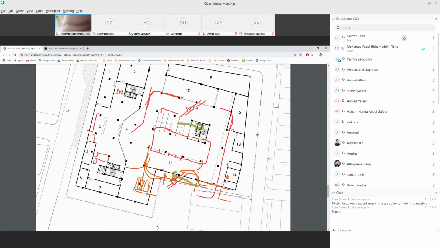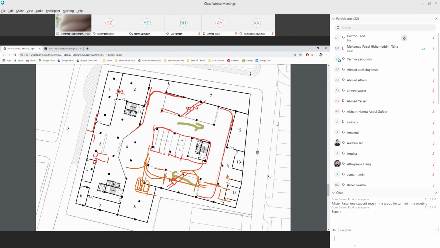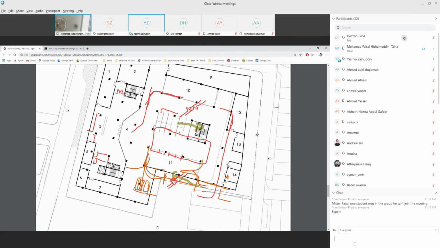Let's have a look at the next. The next basement or in the ground floor? Let me see the next basement first.